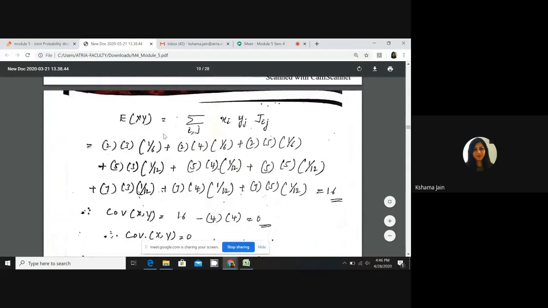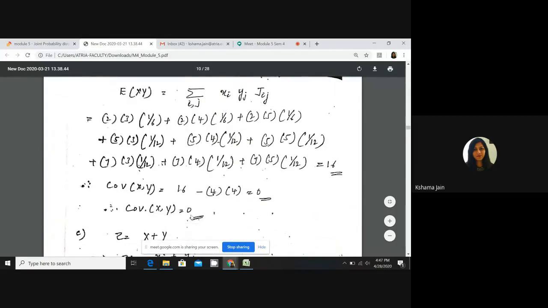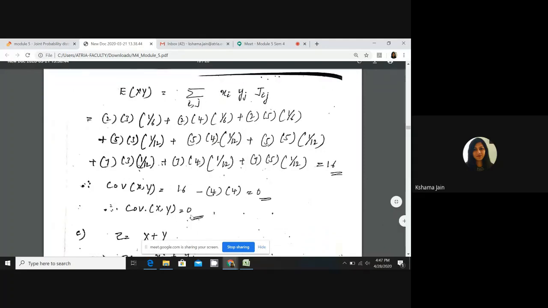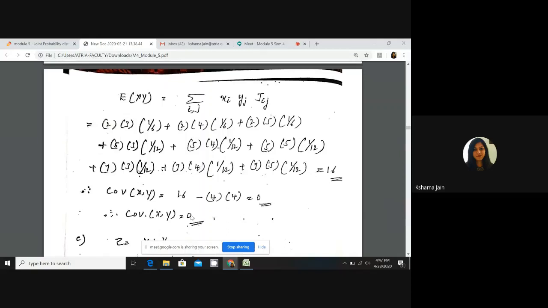E(X), E(Y), E(XY), put into the formula, and we got 0. And obviously, in the beginning it was independent, so it should have come 0 only. Even if they are not asking you to show that covariance is 0 but only to find the covariance, it is a cross verification also. It should come 0 when the word independent is there. If you are getting a non-zero value, then definitely you are mistaken somewhere, either in calculation or in concept. So it should come 0.